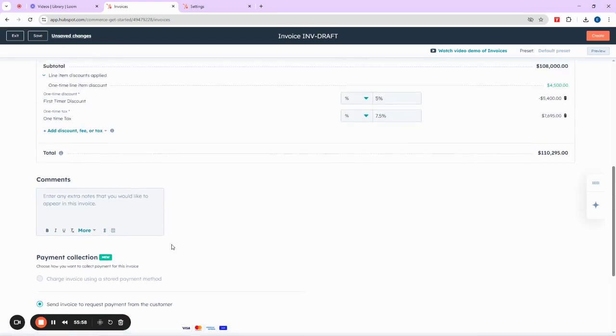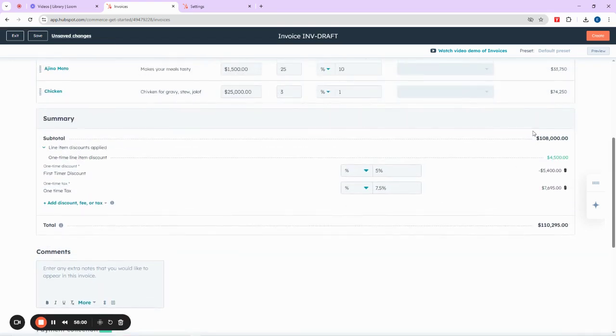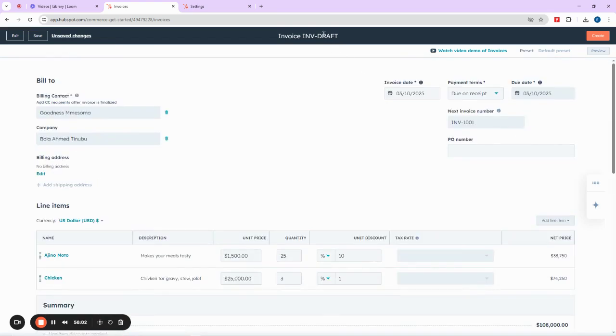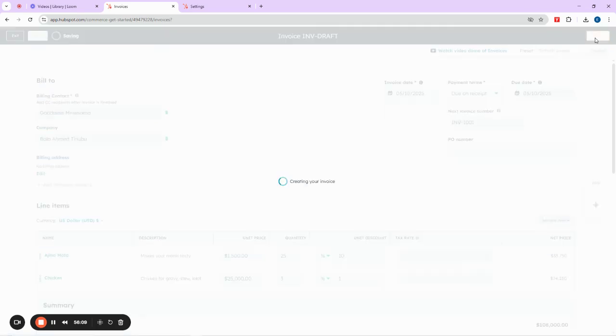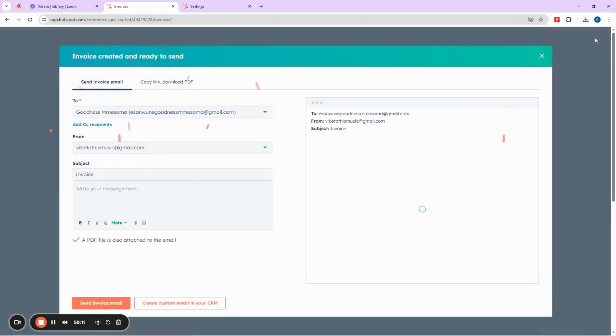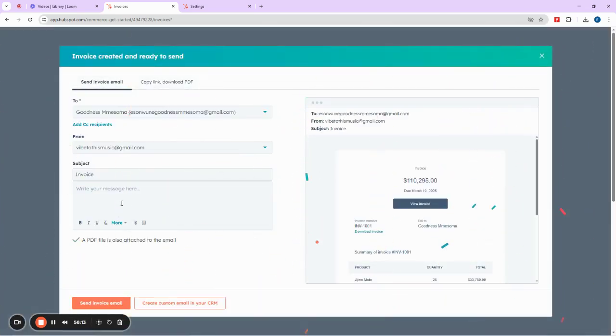Okay, so now we can send this thing to our client that wants to pay us. So we can name it anything we want to name it here. But then we can click on Create, and our invoice is created. Can you now see? You can now send it to Mesoma and say,